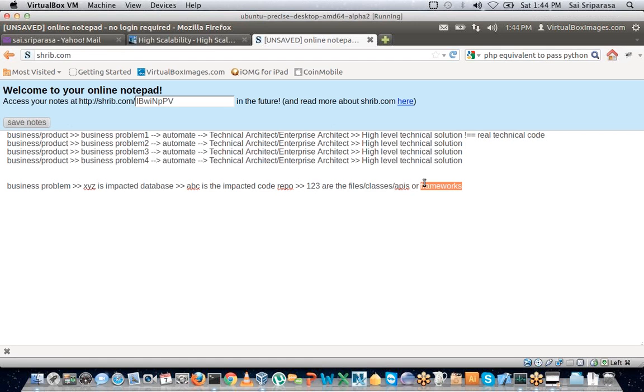So for that, they would say that this API or this framework has to be modified, and if it is an API or a framework, what part of the framework should be modified. That's the first thing that they would say. The second thing would be,